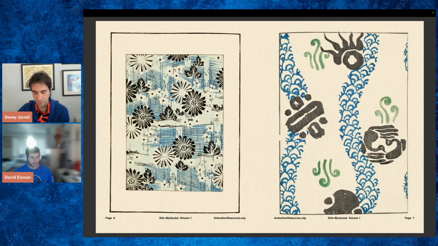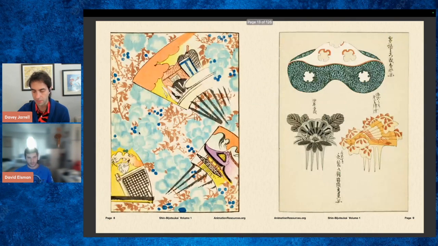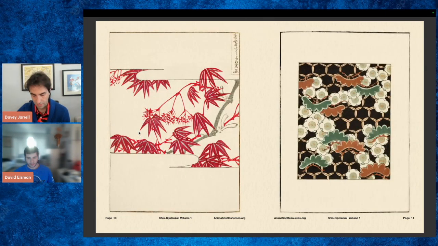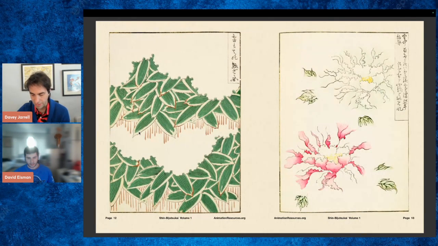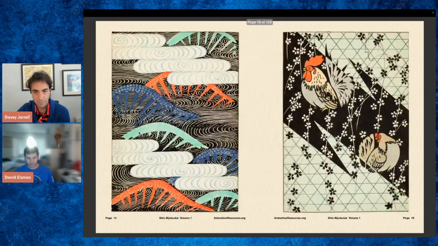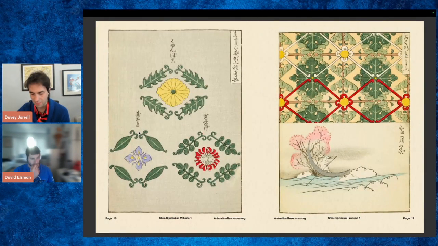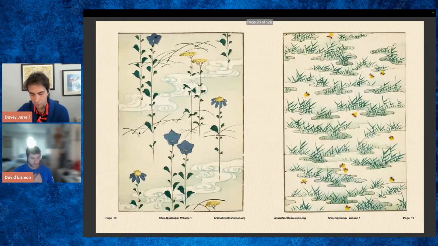And at first glance, these pages look like pretty abstract designs, but if you look closely, you can see the way the plant life and the animals are actually stylized. And the color palettes, they incorporate light and shade, and the textures and gradients are rendered by means of complex printmaking techniques. It's like all of these images were created by hand using traditional Japanese woodblock carving and printing methods.